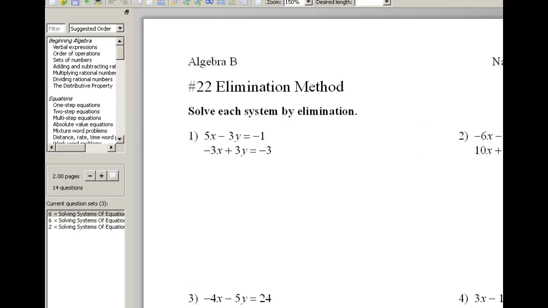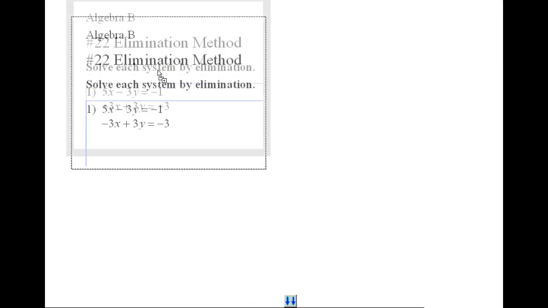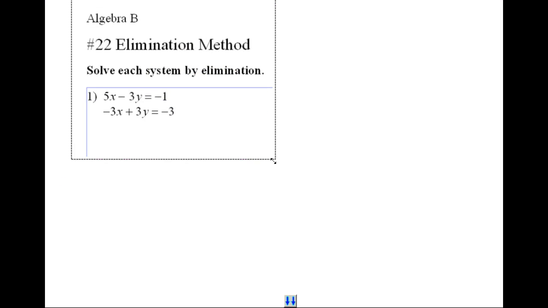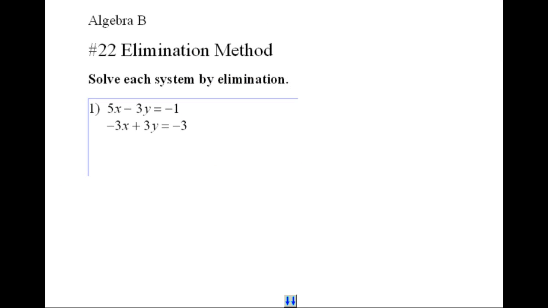All right, so this is the last of the methods, the elimination method. These ones are going to be the easier ones. Next week we'll get into ones that take a little more work. But real fast, the idea is that at some place